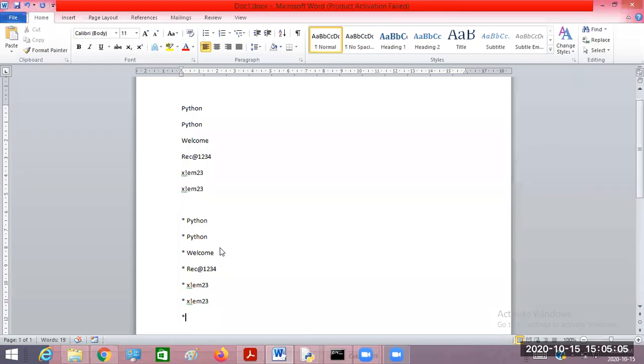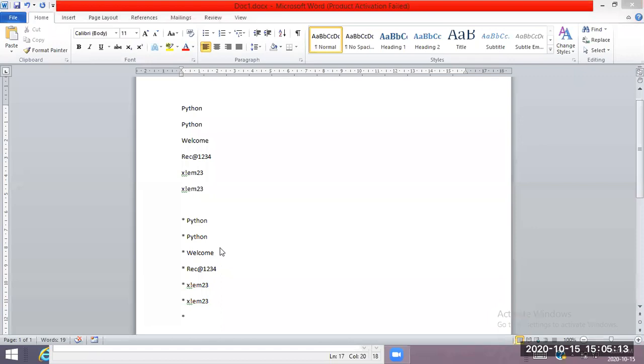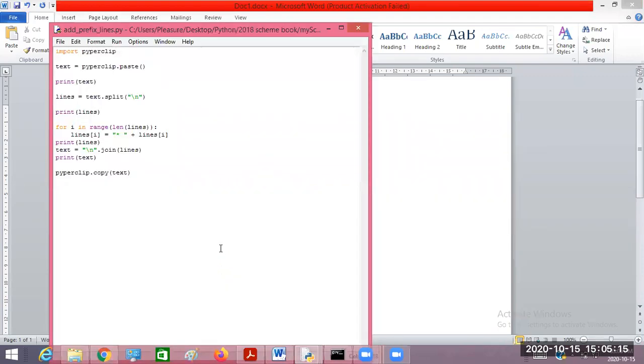Am I using anything new which I didn't discuss before? The split function with strings I discussed. Looping through lines, I discussed. Concatenation, I discussed already. The join function I discussed just in the last class.